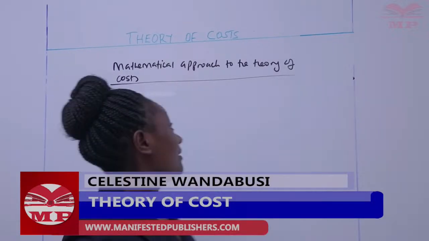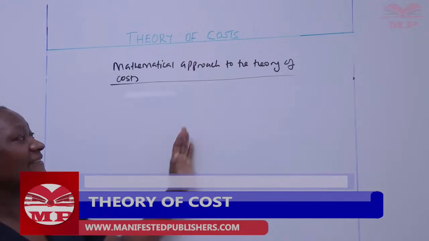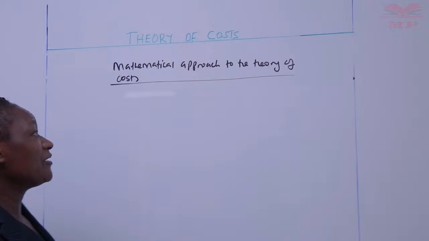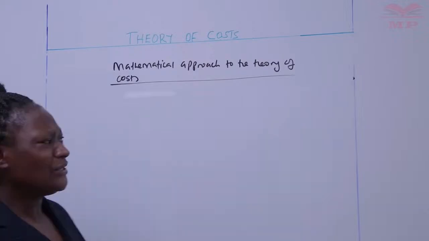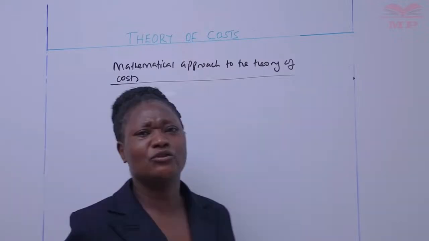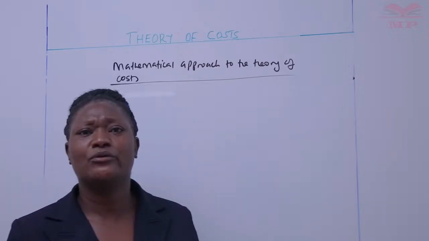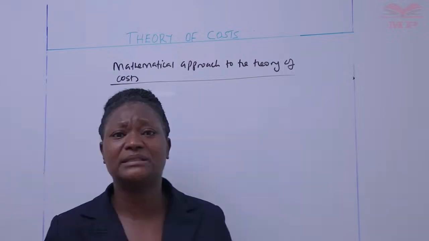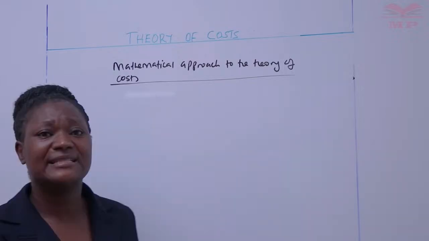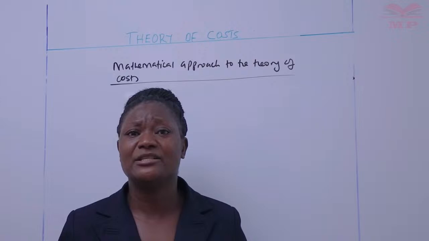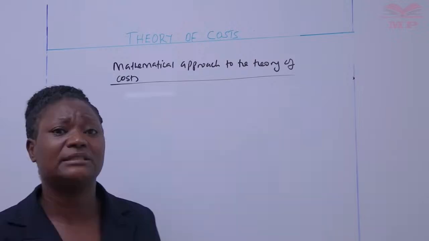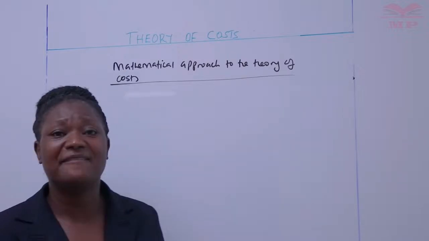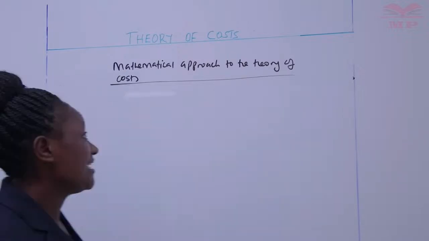We are doing a mathematical approach to the theory of costs. So we normally have 2 different types of questions set on this. You already have figures like the level of output, you are given the fixed cost, you are given the variable cost, and then you can be told to use that to calculate the total cost, the marginal cost, the average fixed cost, average variable cost, and the average total cost. In case you are given such a question, how do you go about answering that question?